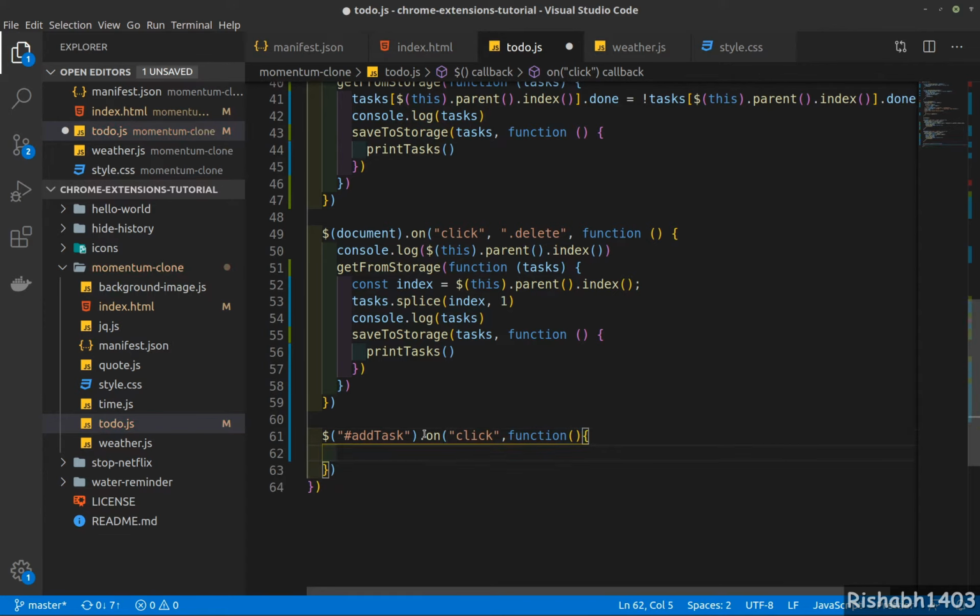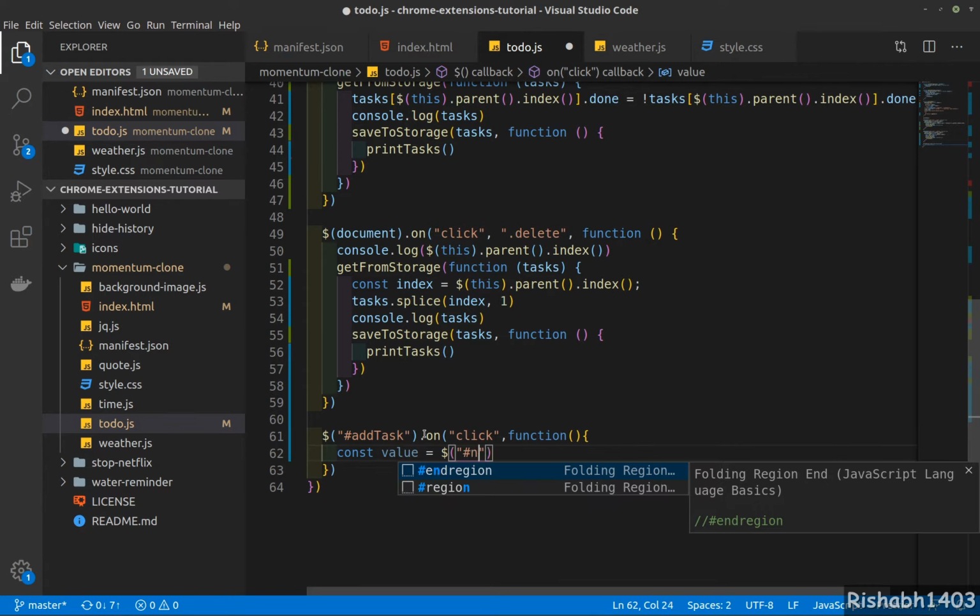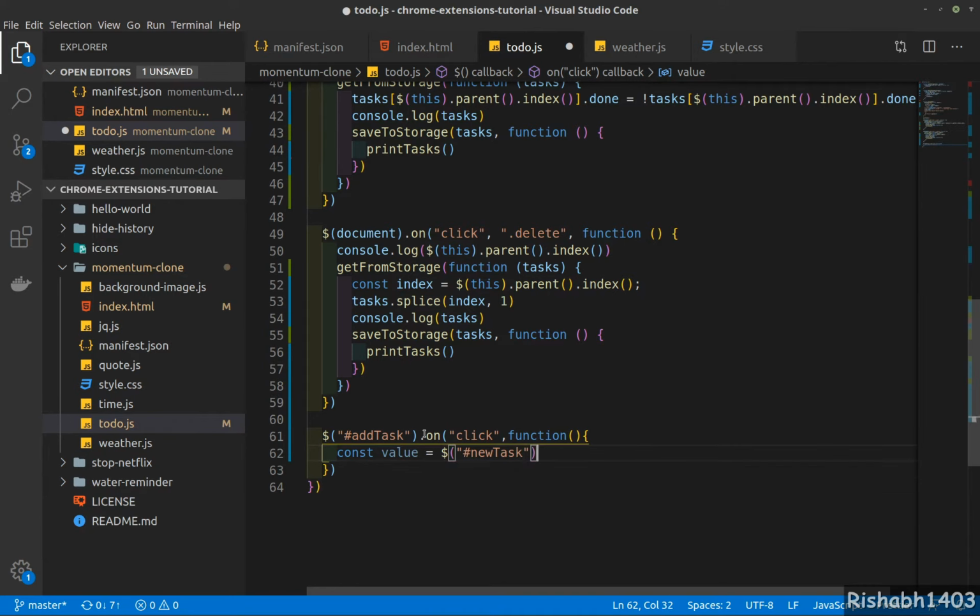We need to get the value from the input box. And let's log the value for now. Let's see if the button is hooked correctly to the click handler.